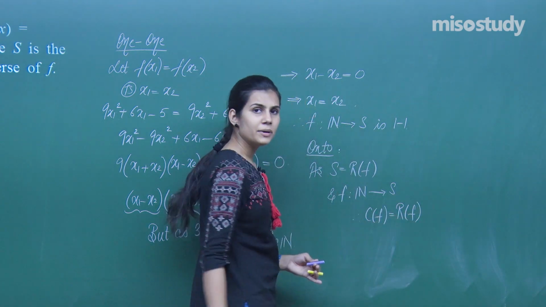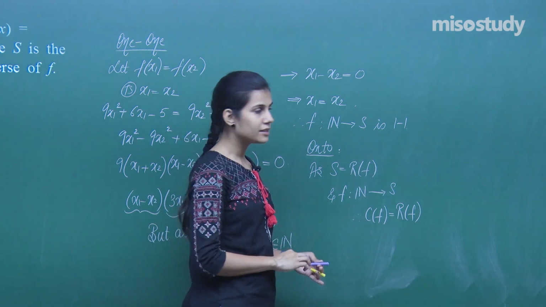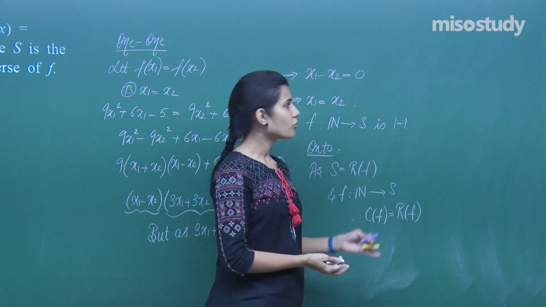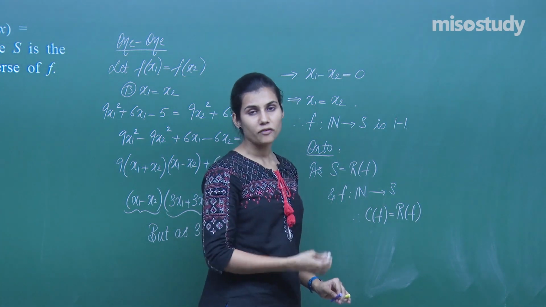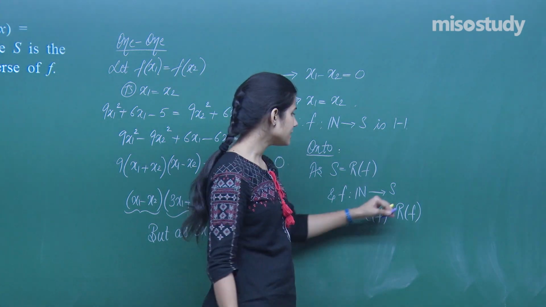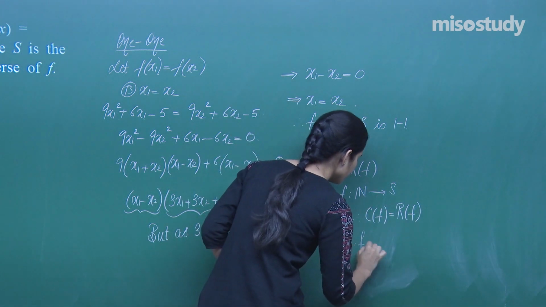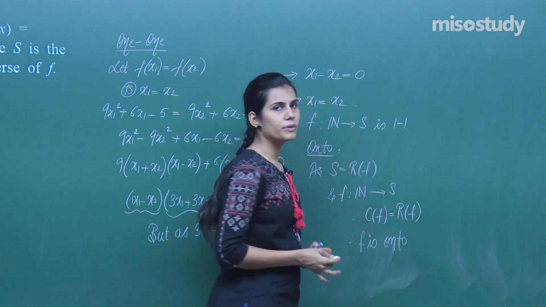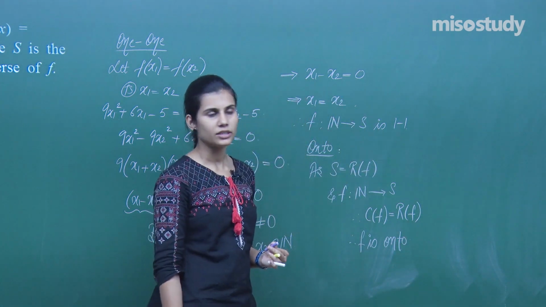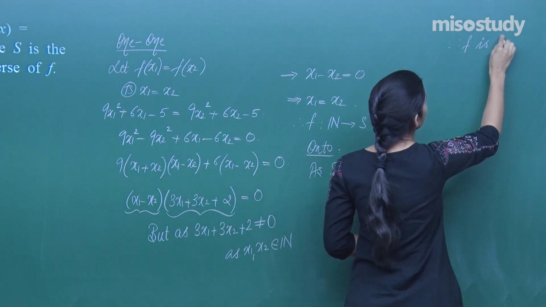That means every member in the codomain is the image of at least one member from the domain. In fact, exactly one member from the domain, because f is 1-1 also. So every member in the codomain is the image of exactly one member from the domain. That means the entire codomain is equal to the range, and therefore f is clearly onto. No need to show anything because the codomain itself is given to you already equal to the range, and therefore f is invertible.